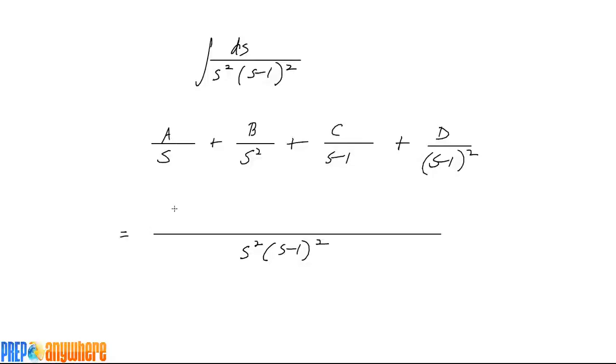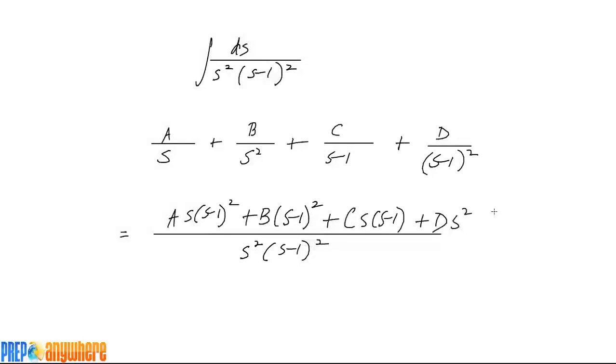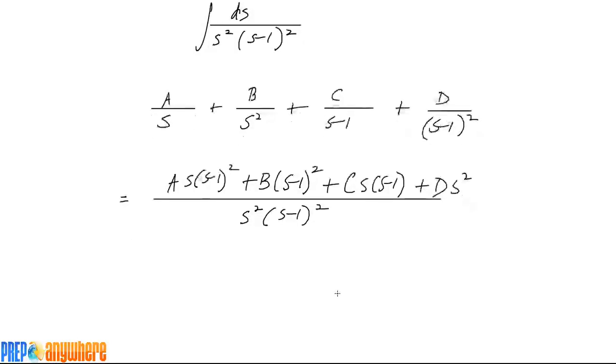Okay, so A would have to be multiplied by an s and an s minus 1 squared. B multiplied by an s minus 1 squared. C multiplied by s and s minus 1. D times s squared. Okay. Alright, so A